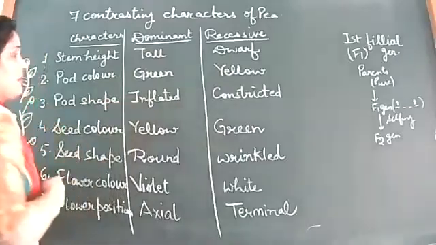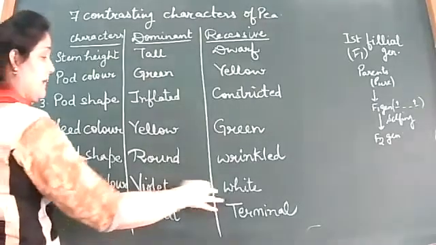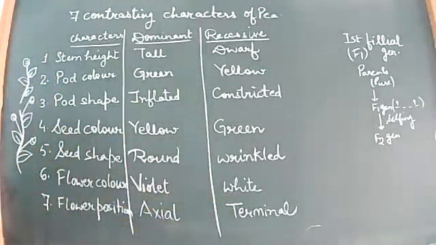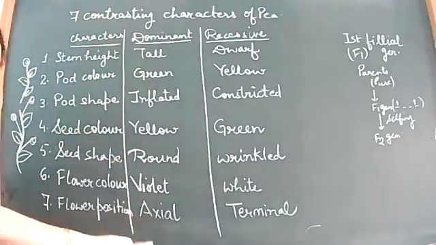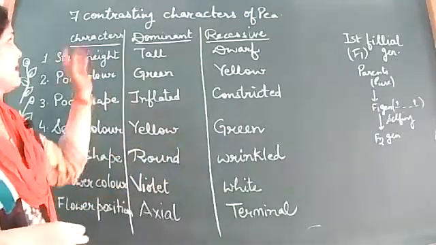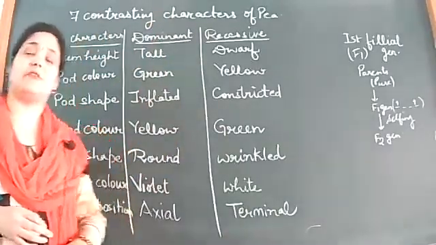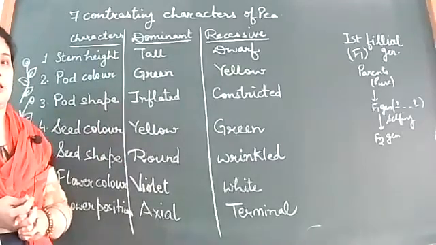And here we have written a point yesterday: why Mendel preferred the pea plant. That is because of the contrast, which was very, very clear. Violet and white, axial and terminal, you can see it is very clear. Even the height: tall plants will be quite tall and the dwarf ones will be quite small in height. It is very clear to differentiate between these characteristics. So that is why Mendel preferred this particular plant for his experiments on inheritance.